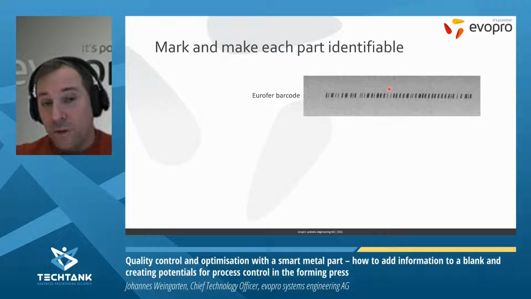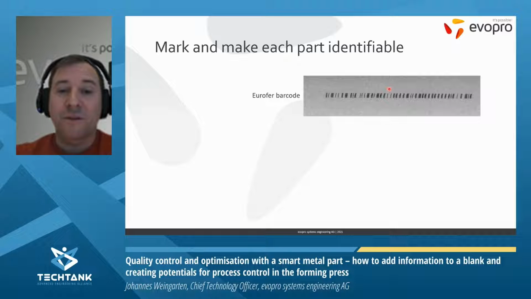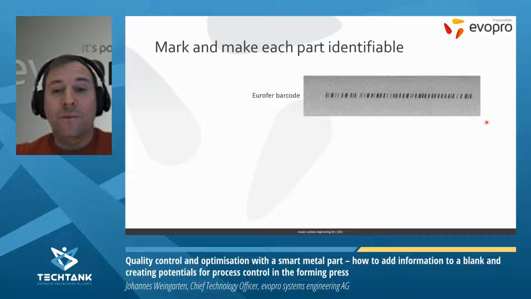So there could on the one side be the Eurofair barcode. This barcode has some disadvantages because it must be applied on all coils, of course. It must be placed with an interval which is smaller than the blank length. It must be placed left and right if the strip is cut longitudinal. It will vary in the position on each blank, of course, and it is washable, so it will disappear before